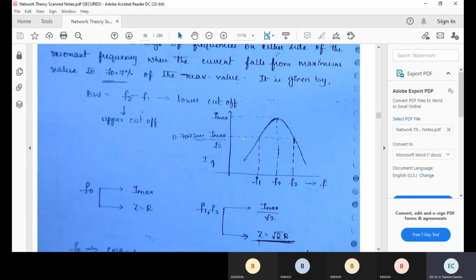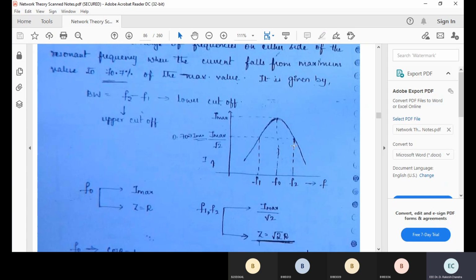Yes or no? You have seen what is RMS value, how to calculate the RMS value: area under the curve by base, the square root of the integration of 1 by time period from 0 to time period of the squared curve. We have seen that. So for the sinusoidal expression, for the maximum value V max, what is RMS value? V max by root 2. For I max, what is RMS value? I max by root 2. So this is RMS value.